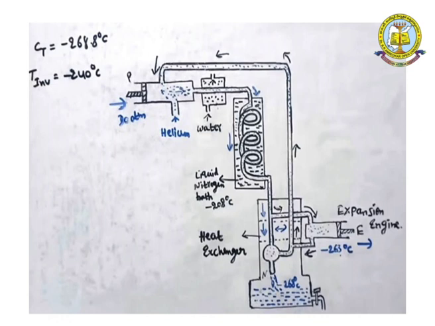Here a water jacket is surrounding this. What is the water jacket? The water flows in and the water flows out. That means the temperature of the gas decreases. Why? Because the piston has done some work on the gas. To reduce the temperature initially, the gas again enters into the liquid nitrogen